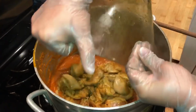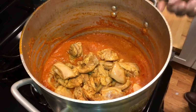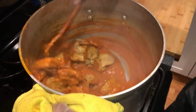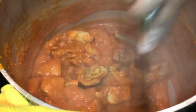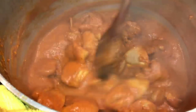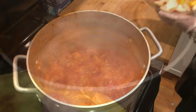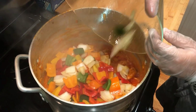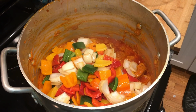We're gonna add chicken back to it. And we're gonna mix it and let it cook for a little. Look at the color. The coolest thing is we don't have any excess oil, so all you taste is awesomeness. The chicken has married the masala really good. You can see by the oil. You add the veggies, and